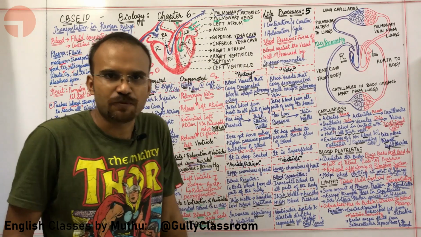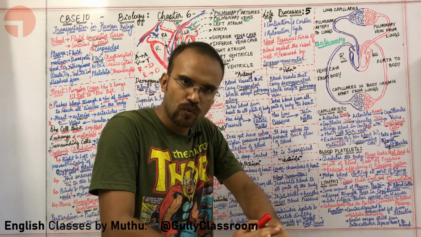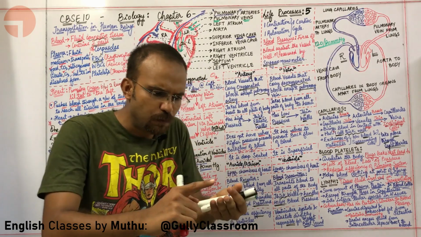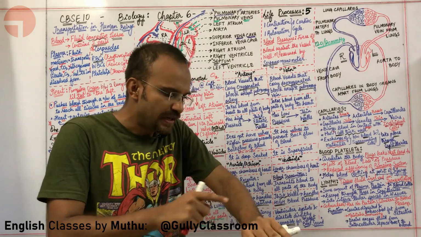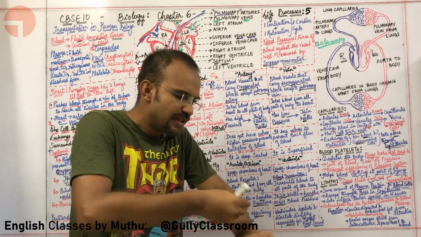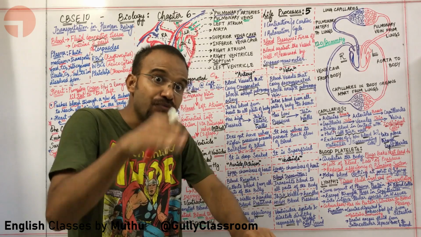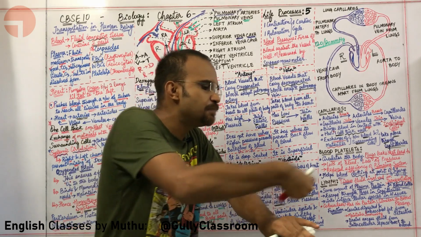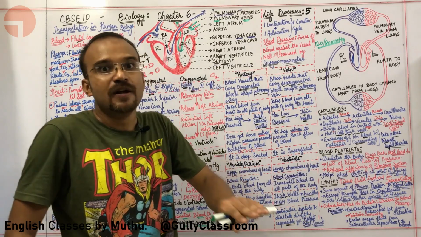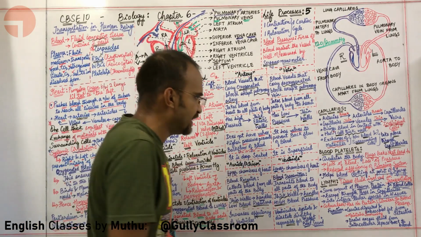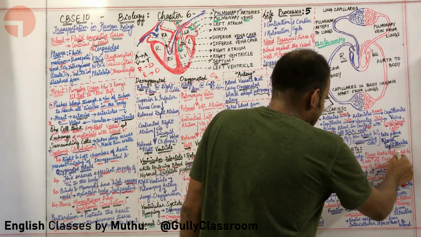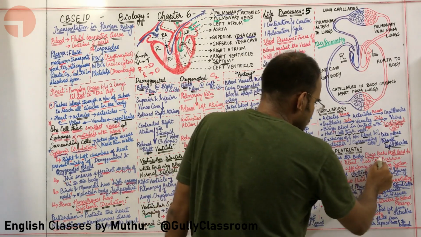Why sir? Why loss of pressure? Imagine that I am having a wound here. So the heart will keep on beating to send blood to this fingertip. But because I have a wound here, there won't be enough pressure for the blood to carry till the finger. This blood will simply spurt out over here. This must be avoided. So blood platelets plug the leaks that lead to loss of blood, loss of pressure,